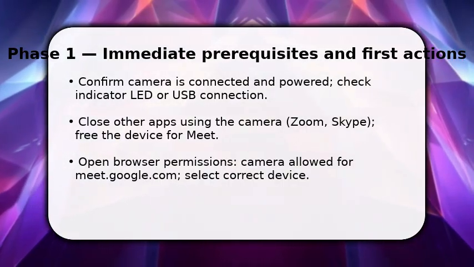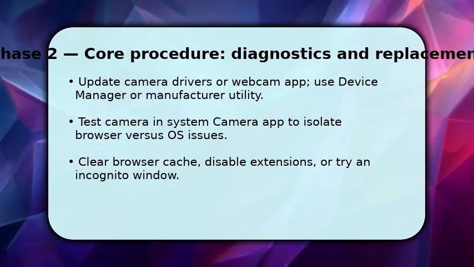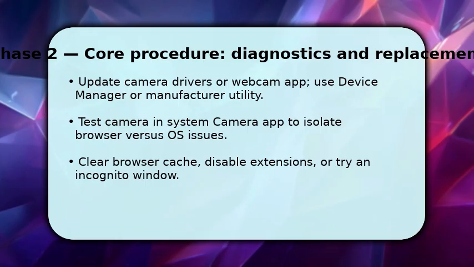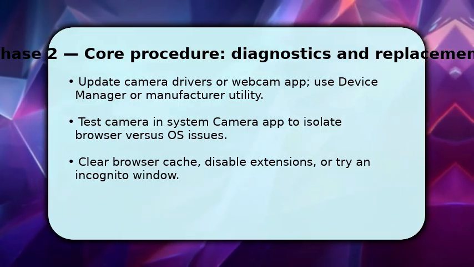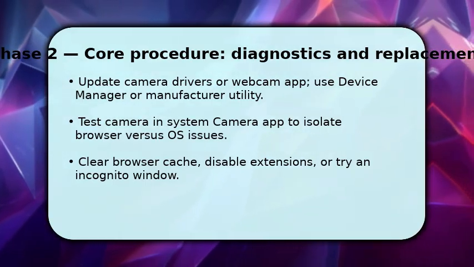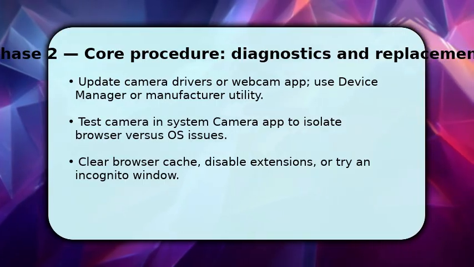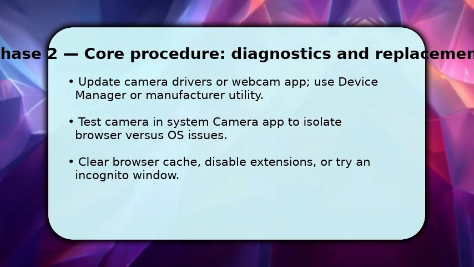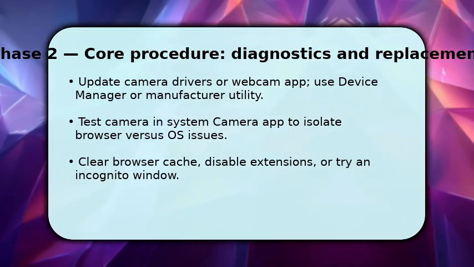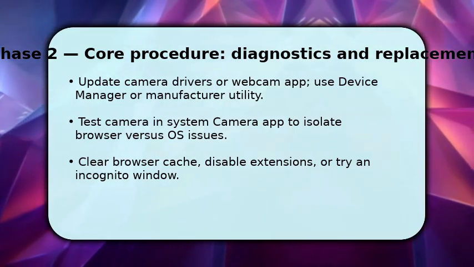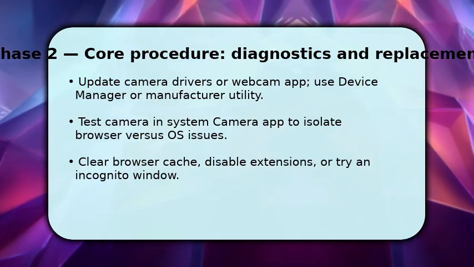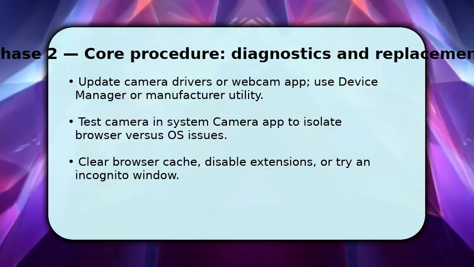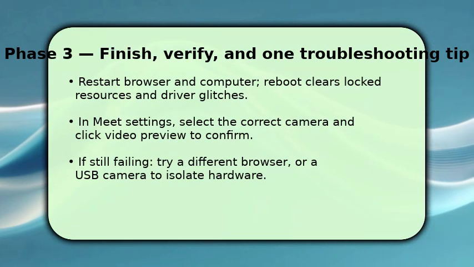Once done with permissions, diagnose whether the problem is browser or system level. Update the webcam driver via Device Manager or run the manufacturer's utility to refresh firmware. This fixes compatibility. Then open the System Camera app to confirm the OS's video. If it works there, the browser is the culprit. So clear cache, disable extensions that touch media, or use an incognito window. These actions narrow the fault and usually finish by restarting the browser, and if needed, the computer reboots clear drivers